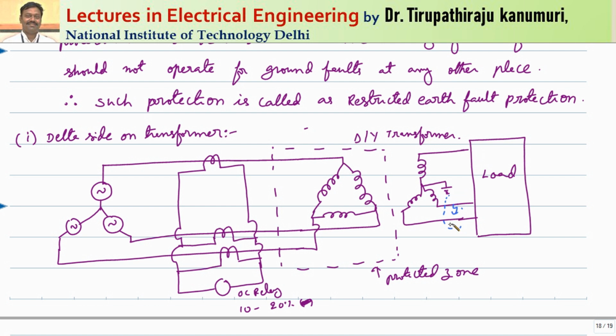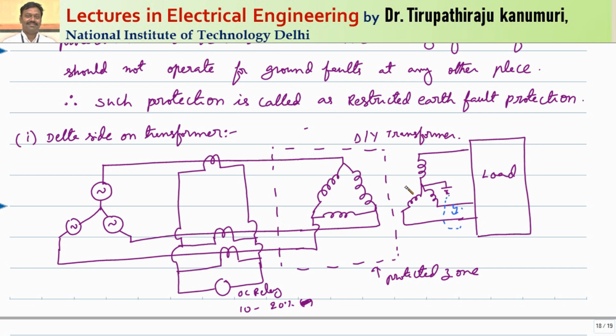Or we can say the net sum, because this power is supplied from the delta side, if there is a small ground fault on this, that is going to affect all the phases of the delta side equally. So that ground fault is not going to disturb the balance on the delta side. I am repeating once again, if there is a ground fault on the star side, because of this ground fault, a zero sequence component will be there. That zero sequence component will circulate only in the star side, and it is not going to be reflected to the delta side.